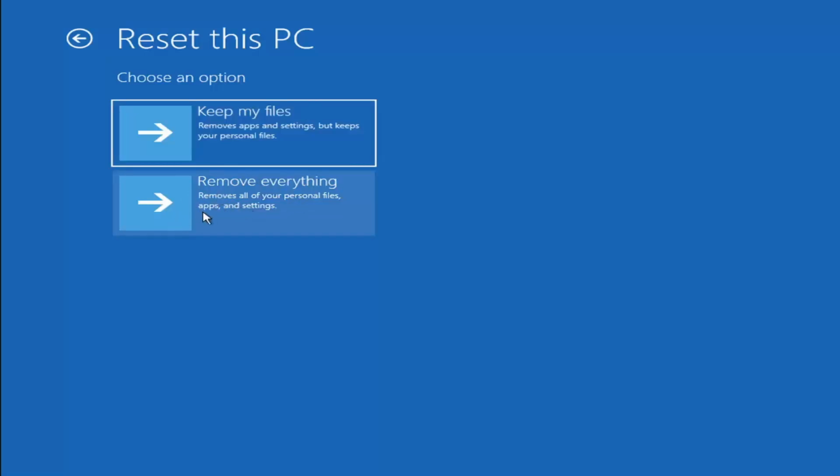So this is more of a factory reset, this second option here. The first option should not delete all of your personal files. However, it will pretty much clear most of your programs, and keep in mind, there's no guarantee that your information,